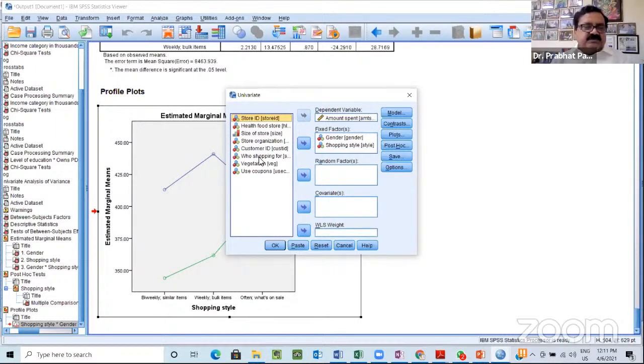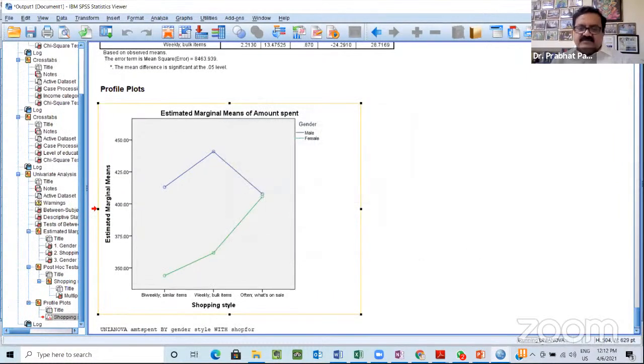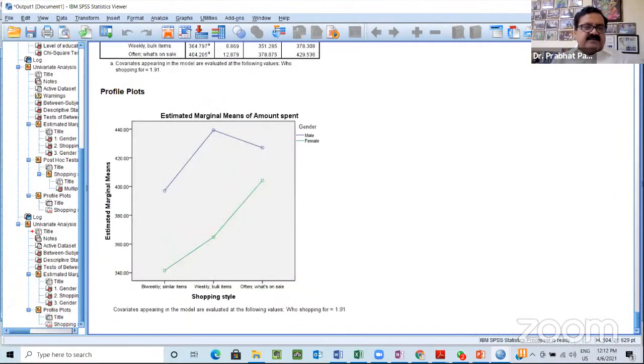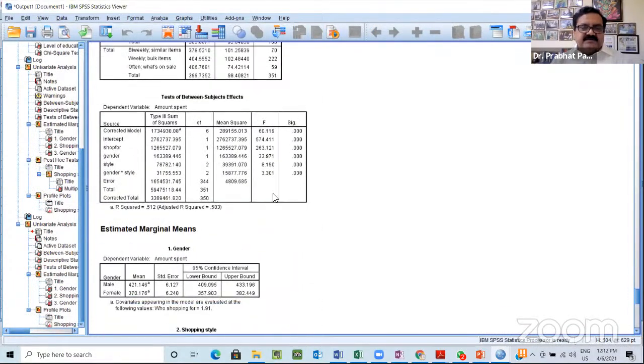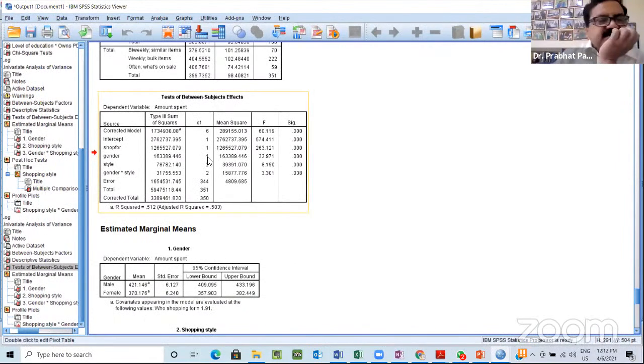Or another way is to look at who's shopping, for whom the shopping is being made. Does that also affect the customer? Let's take who's shopping for as a covariate, and then we'll do a similar kind of analysis. And if you go to the main table to look at how it has affected the result, in this table we can see that